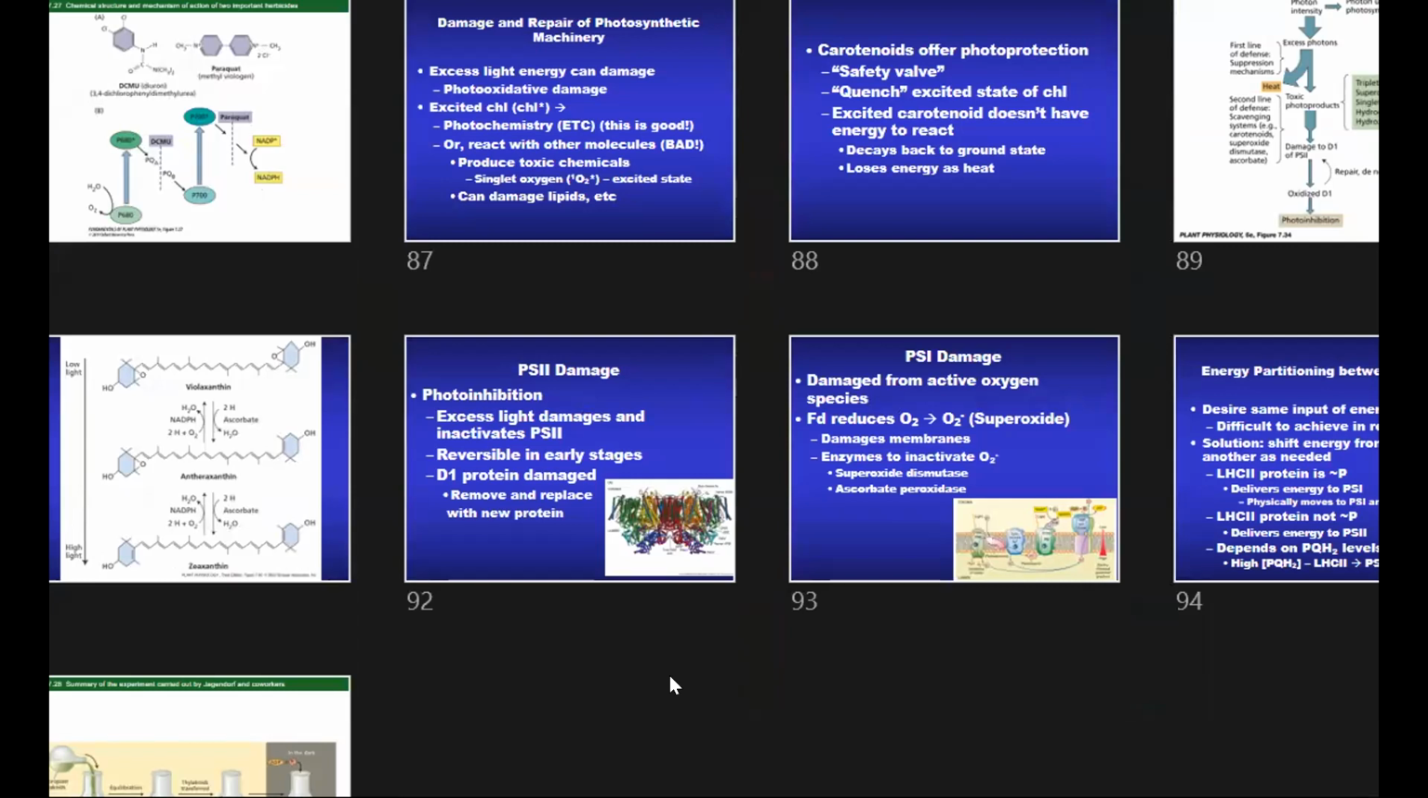Okay. So that was, I think, the last main concept I wanted to get across for what's going on with the light reactions. I've also posted into EduCat